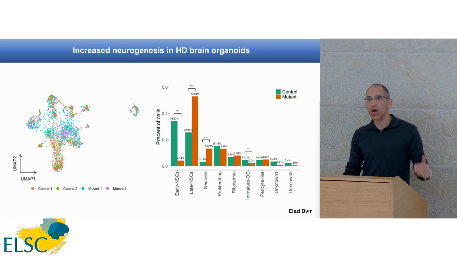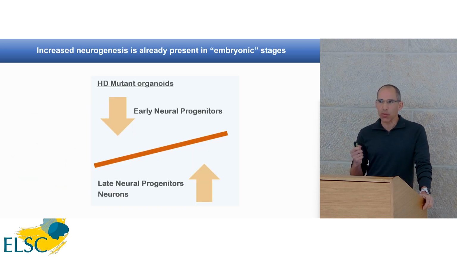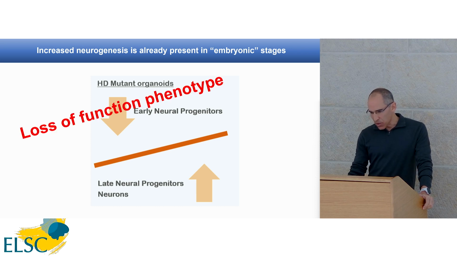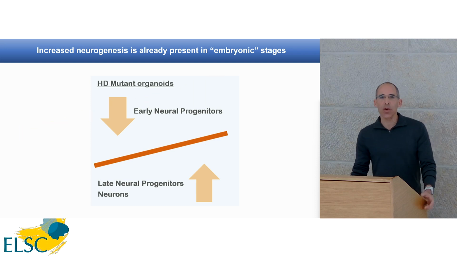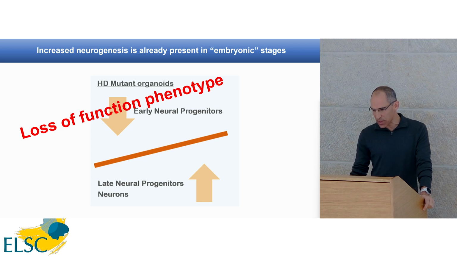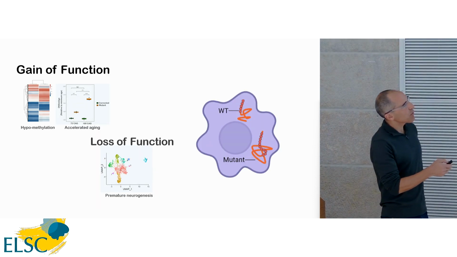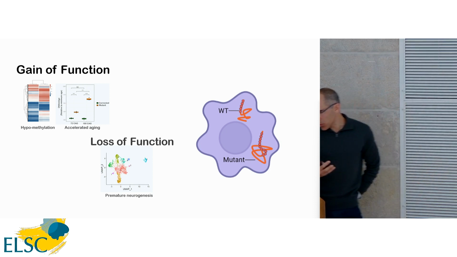So just like we saw in this Science paper that came out 3 years ago, where they saw increased neurogenesis in these aborted fetuses, we already see it in 1-month-old organoids. So we can actually really model this using pluripotent cells. We believe that not only can we model this as due to a loss of function phenotype, because we also see it in the knockout cells. We see the signature. So we actually have a gain of function related phenotype, which we believe has to do